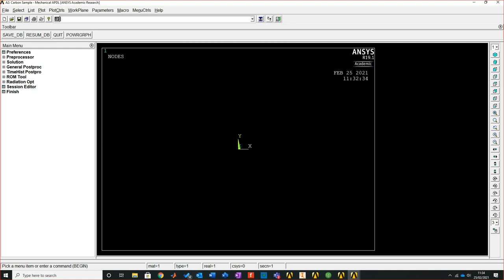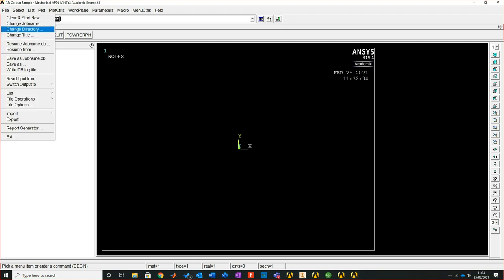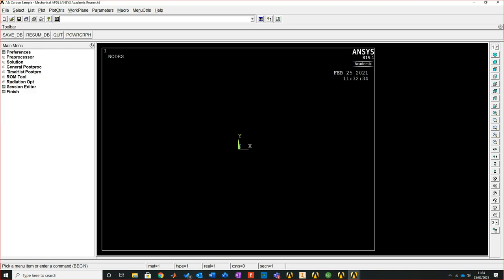So this is my operational space. One thing to keep in mind, when I hit save here, it will save to wherever I'm actually loaded to at the moment. So if anybody's unsure, you can use a directory. And a directory is just basically what folder you're going to save to. Right, so what I'm going to do is first go to